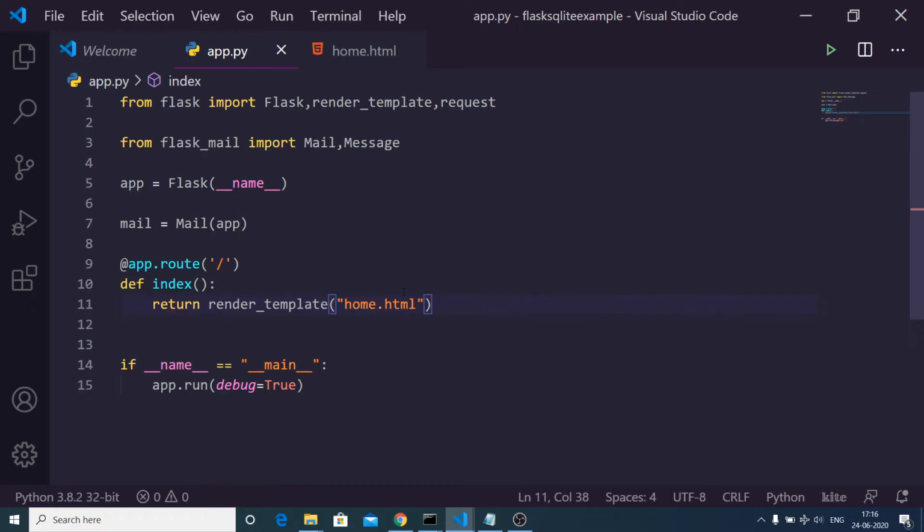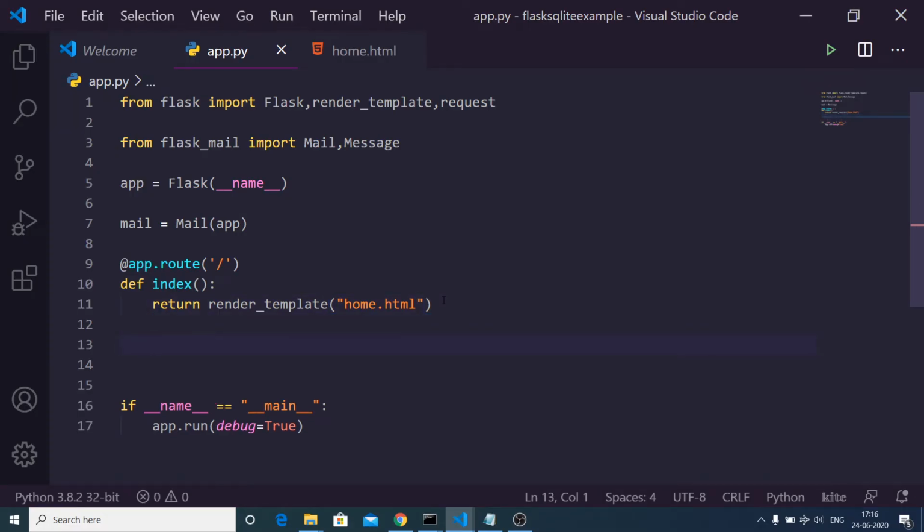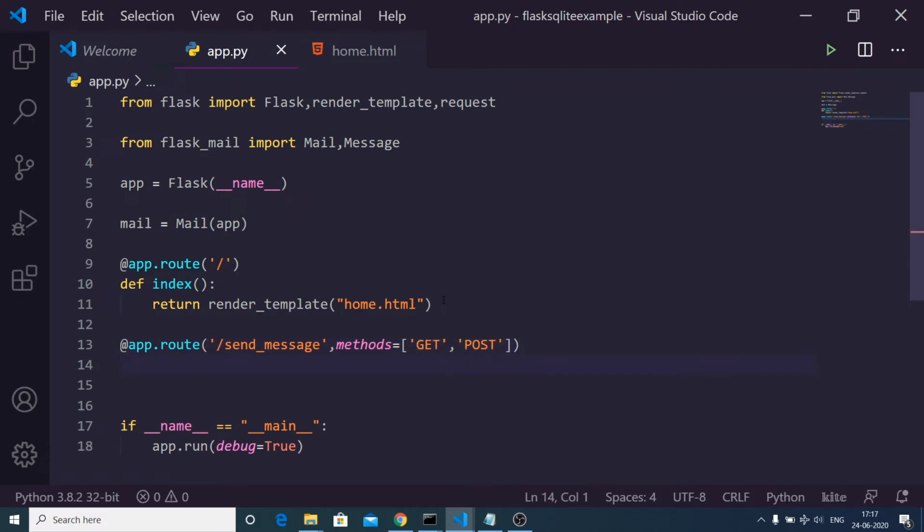So now inside this we will make a post request, simple post request. So at the rate app.route, and we need to select a simple route, let's suppose slash send_message. And here inside this, guys, the second argument it takes is the methods property. So this will be an array, so this can either be a get request or a post request. And we will define a function which will be send_message.